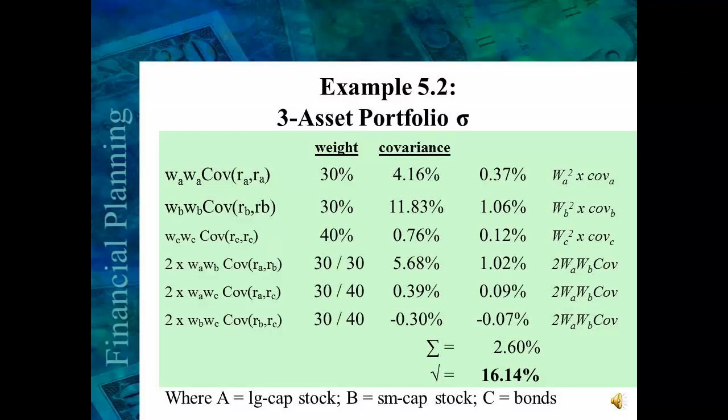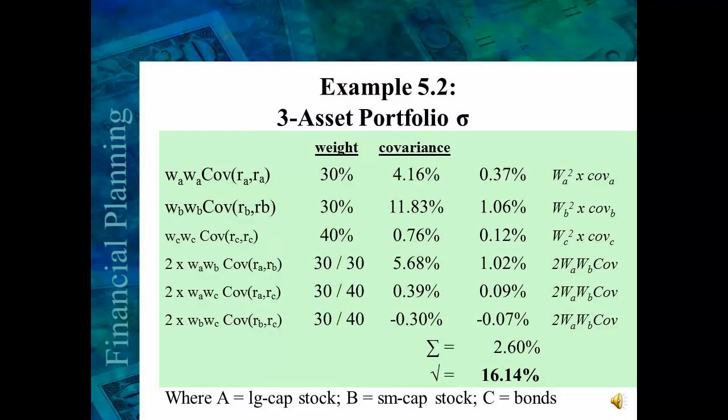You know that the covariance of two assets is equal to the standard deviation of the first asset times the standard deviation of the second asset times the correlation coefficient of two assets. The correlation coefficient, describing the relationship between the large cap stock and the small cap stock, is given as 0.81. The standard deviation of the large cap stock is 20.4%. The standard deviation of the small cap stock is 34.4%. Inputting this data into the formula for covariance, i.e. correlation coefficient rho times standard deviation of A times standard deviation of B, gives you